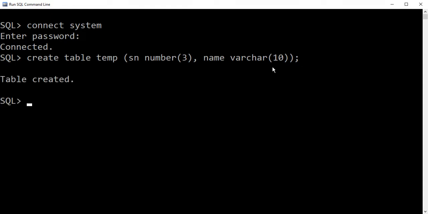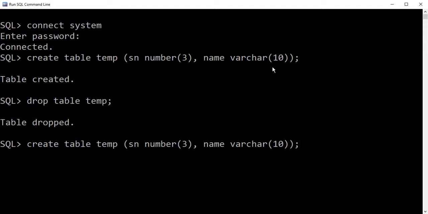So here the table is created, but we have not declared any of the columns or attributes as a primary key. Okay, so just dropping the table because we needed to construct the primary key. So we are deleting, the table is dropped. Now again creating the same table, so we will be repeating this process again and again.